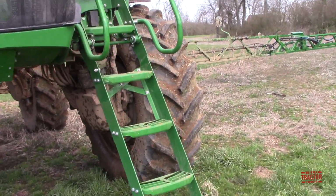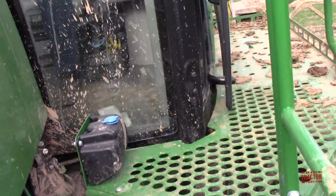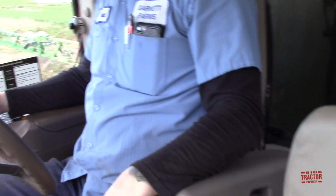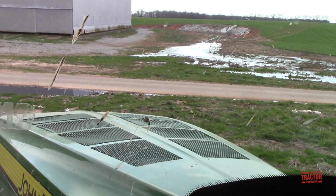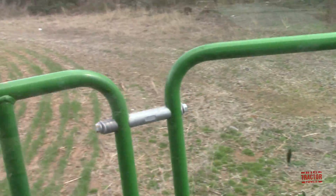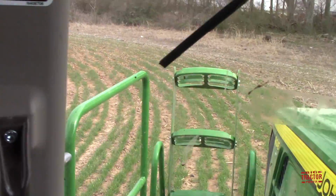We're going to climb up in the cab of a John Deere R4045 sprayer. This is the largest rear boom sprayer available from John Deere. It's a pretty impressive machine with a 1,200-gallon tank and a 120-foot wide boom. We're going to see the operator's perspective of running a large machine like this, talk about its specifications, see how it is refilled between applications, and hear and see it at work out in the field. So I hope that you'll stay tuned to this video to see what it's like to run a big machine